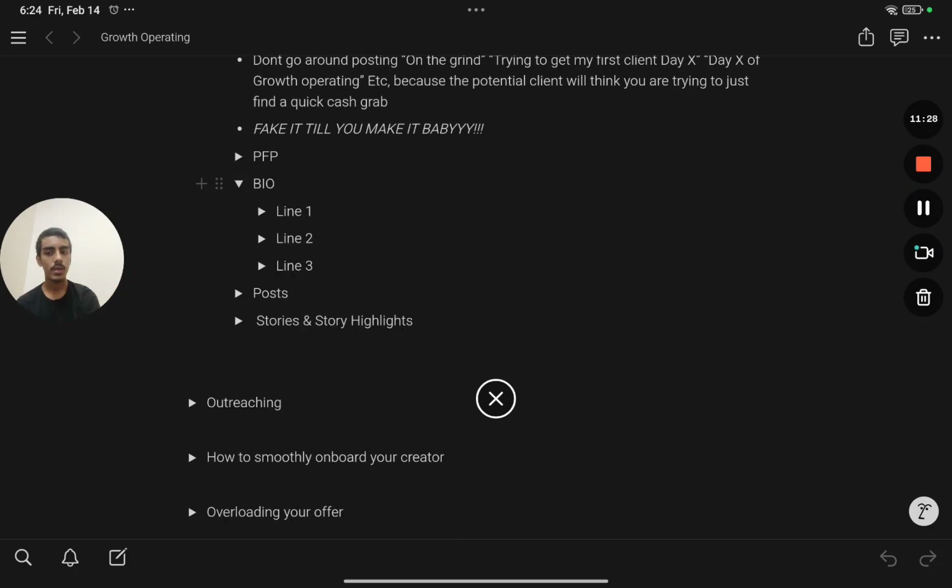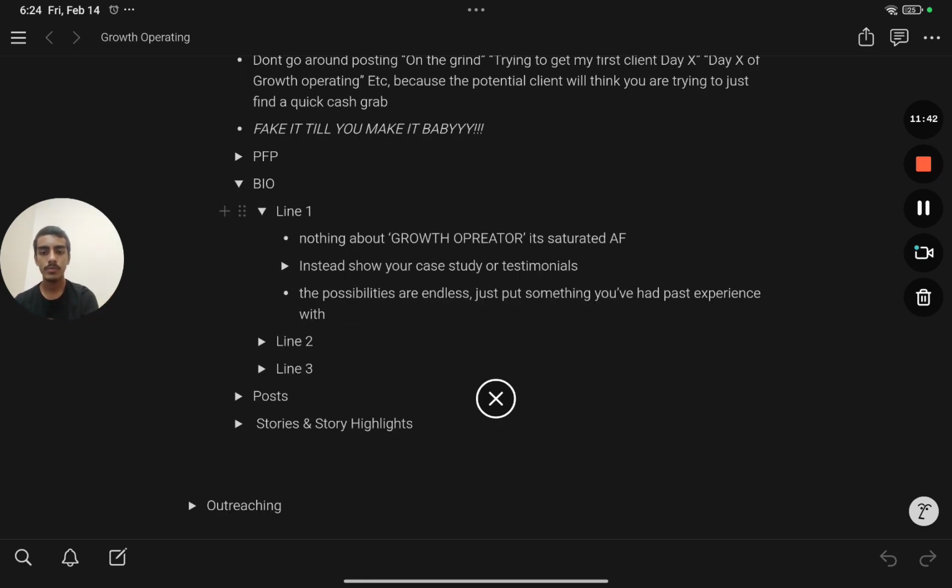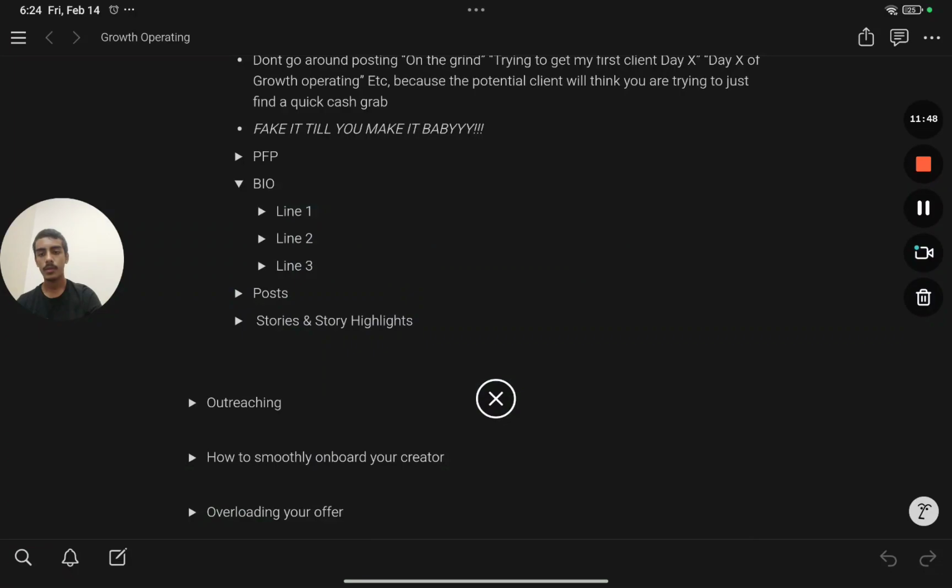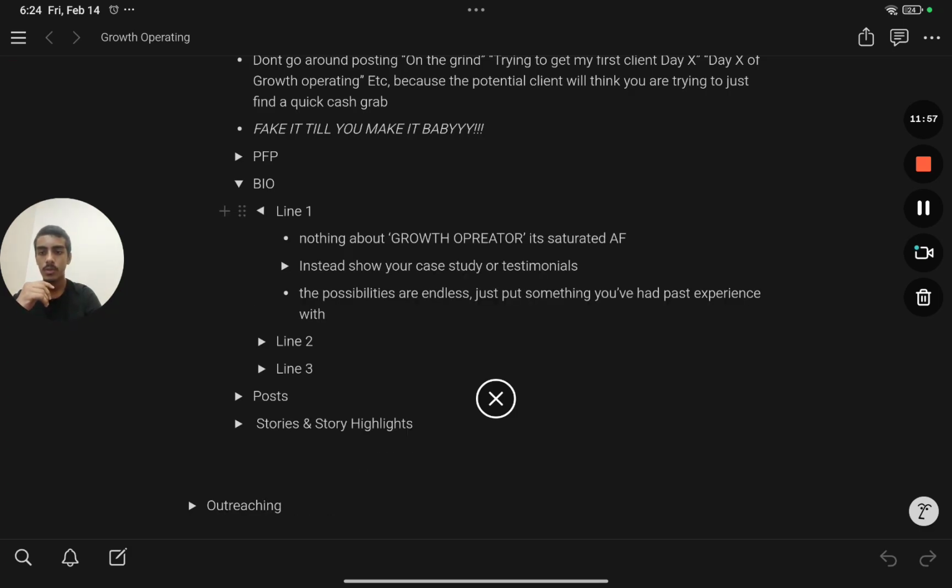And bio. So bio is really interesting because after your profile picture, that's the thing they're going to look at, your bio. So I'm going to give you a line by line template for you to create your bio. You can modify it yourself, but this is the one I prefer to use. So the line one,